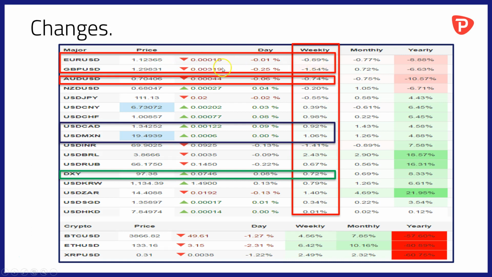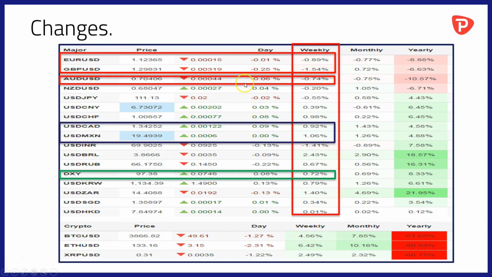We also have seen a significant drift off in the value of the pound sterling against the US dollar. Cable trading at 1.2983 shortly before we recorded the video. Over the course of the last week, the British pound giving back 1.54% against the US currency. That's principally down to Brexit uncertainty, and there's probably going to be a good deal more of that and therefore more volatility in sterling exchange rates this week.